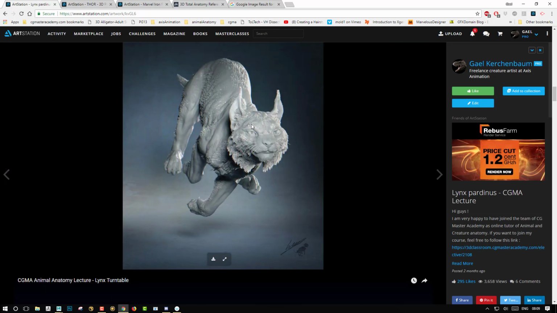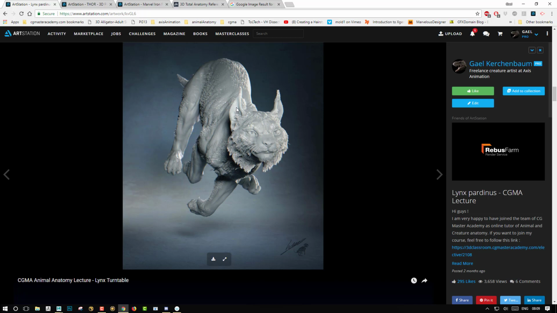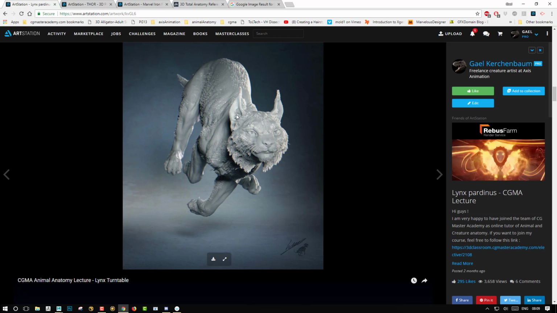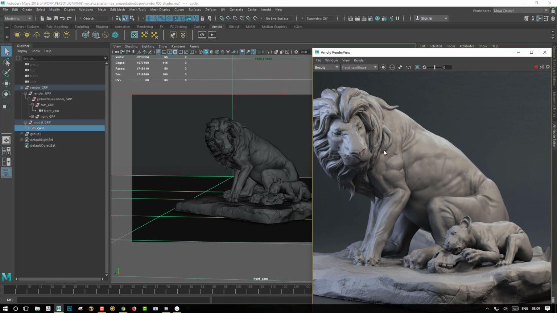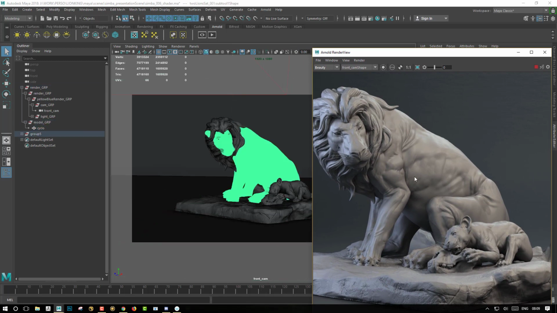For materials that will be more grayish, like this one, I want to have some kind of blue and white tint hue going through the surface. So let's start by playing a bit with the shader. For this, I will just select one object on this render, so maybe this one.